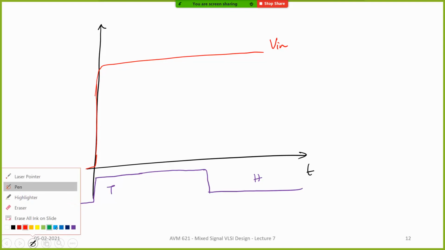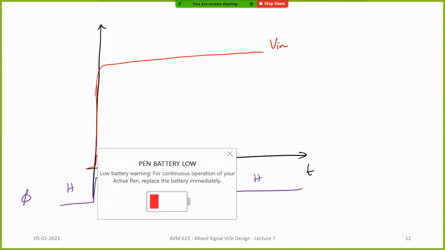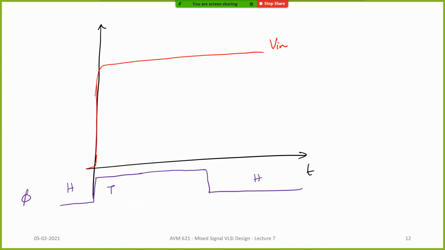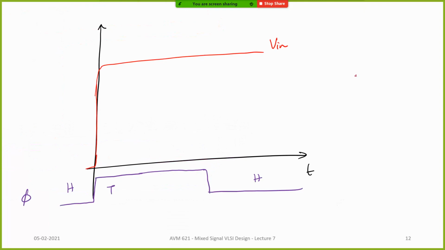Now let us see what is going to happen to the output. Now the output, what will happen is, it is already at a lower voltage. There's a larger jump between when you sampled the previous time and now when you are sampling. So first of all, now the sample and hold has to come up and charge up and track. Okay. So if it's just a MOSFET which is tracking, then basically it will start having a response something like this.